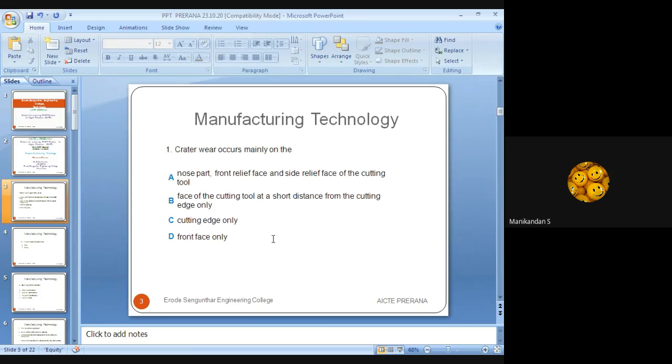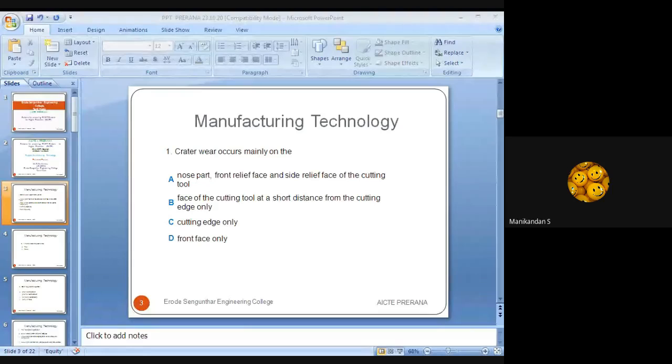If anybody has any idea: crater wear occurs mainly on the nose part from relief face and the side relief of the cutting tool, face of the cutting tool at a short distance from the cutting edge only, or front face only. Let us discuss the answer. Okay, actually the crater wear occurs mainly on the face of the cutting tool at a shorter distance from the cutting edge